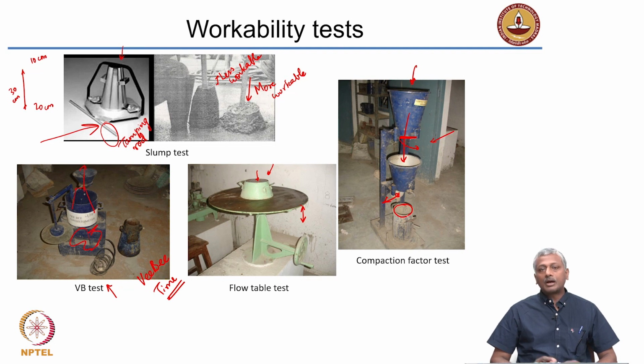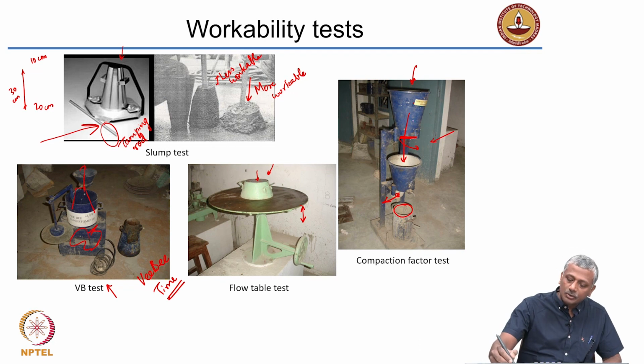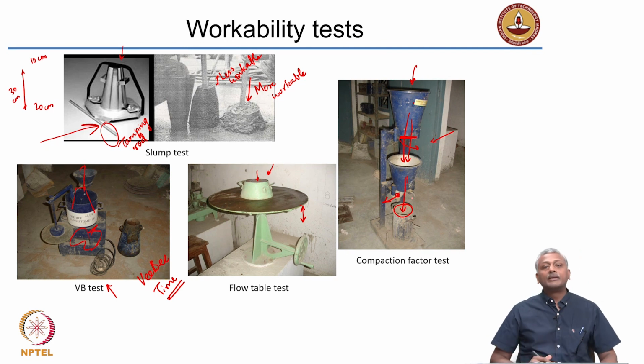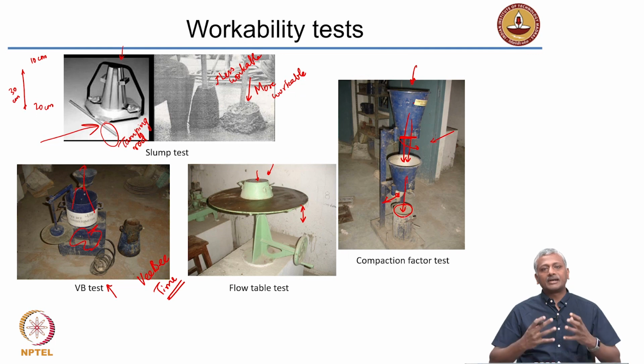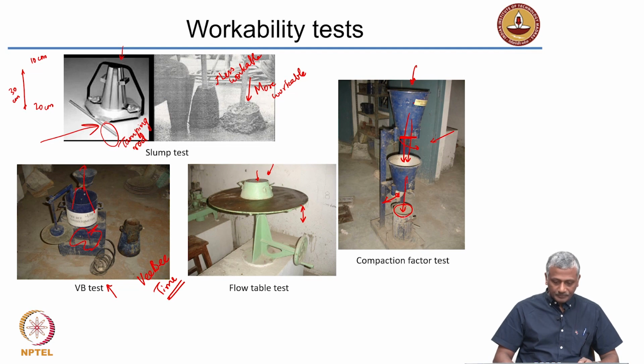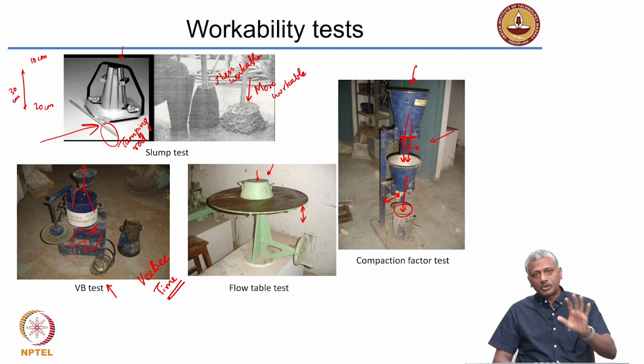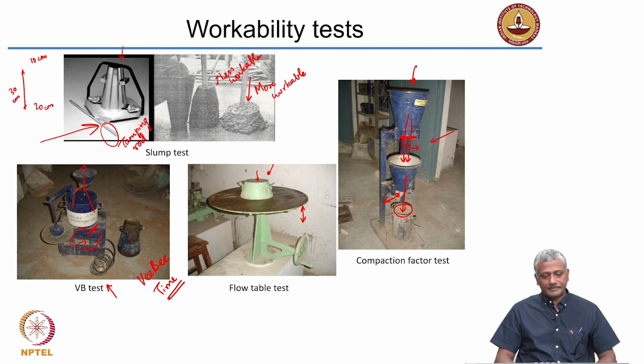Okay. So, a concrete that is highly workable will be easier to compact. So, in other words, when you open this door and the concrete falls here, and then you open this door and the concrete falls into the cylinder, a lot of the cylinder's volume will be filled up by the concrete. On the other hand, what will happen in the case of concrete mix that is stiff and less workable? What falls into the cylinder will fall with lot of voids inside, it will not get compacted properly. Okay. So, you can measure what is called the compaction factor. But in most construction sites, what you will see being used is only the slump test.